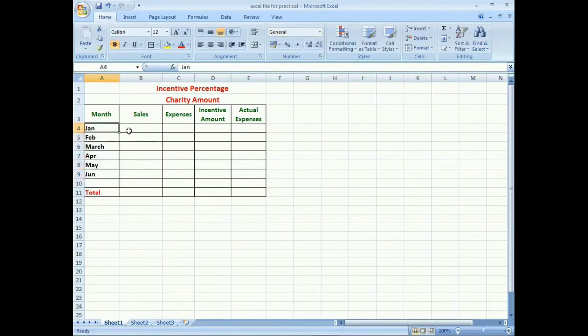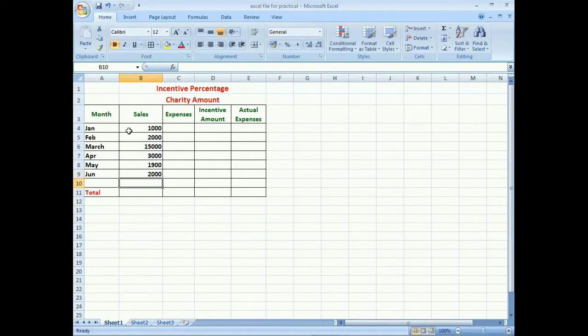These are the months, and suppose that in the month of Jan the sales is 1000, and Feb sales 2000, March 15,000, April 3000, and May 1900, and then June 2000.